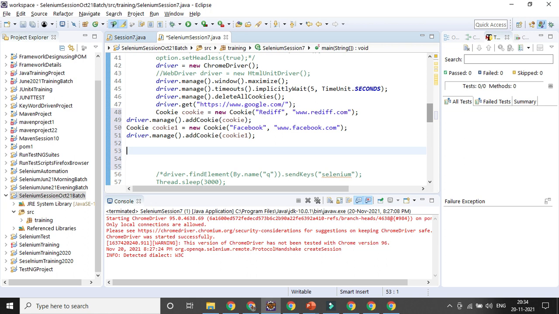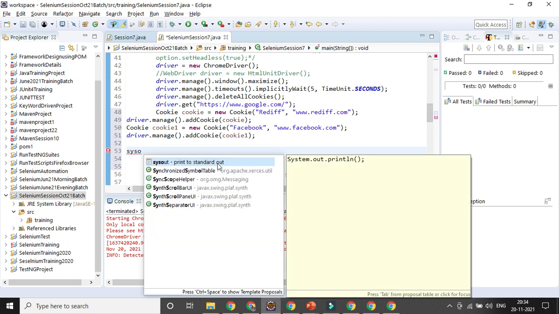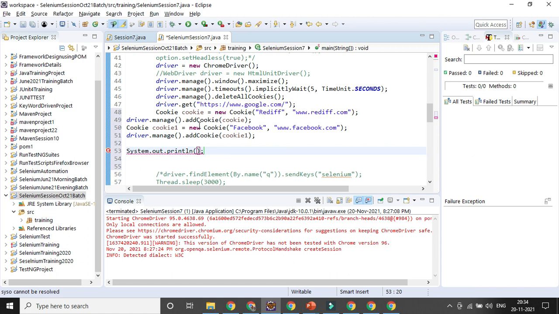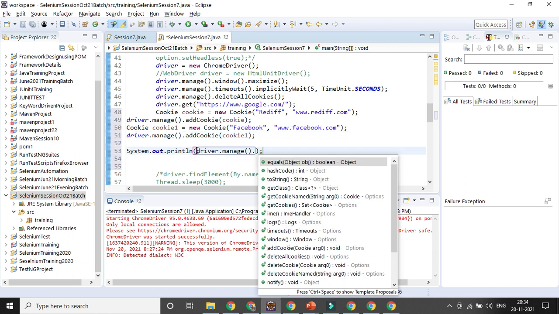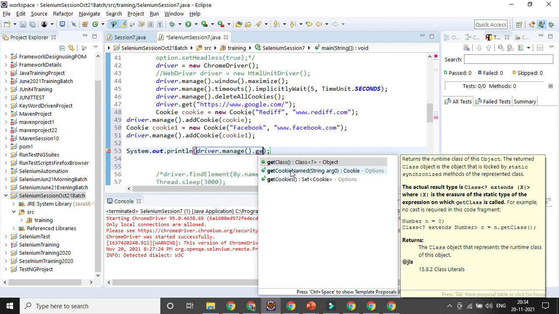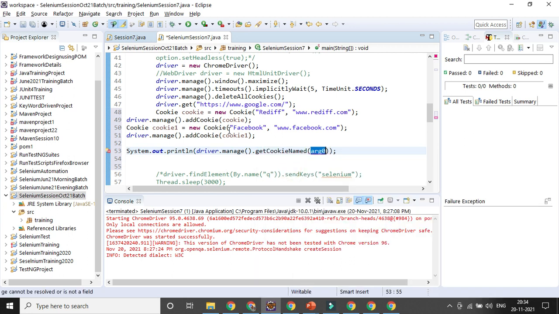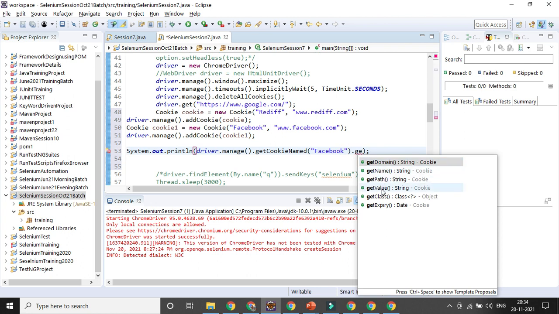Now if you want to get one cookie, how can you get it? In case it is only one cookie, I can get it with driver dot manage dot get cookie named, as you can see here. Here you need to give the cookie name, definitely that is my name. Then if you press dot, you can get all the important methods: get domain, get path, get value.